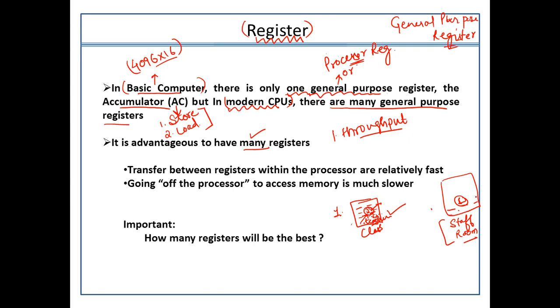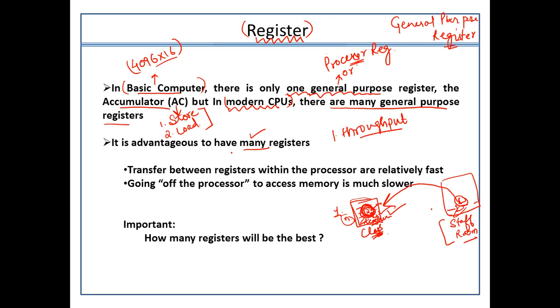Rather than if the teacher is sitting in the staff room, then what will happen in this case? The teacher has to first reach the specific class where that student is present, and then among all the n number of students available, he or she has to figure out that particular student. So it will consume time. The job will be done, but it will take time.